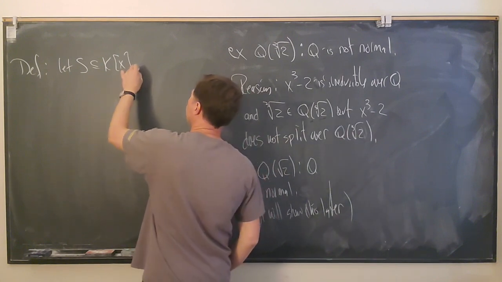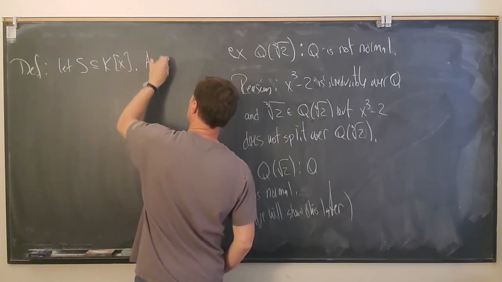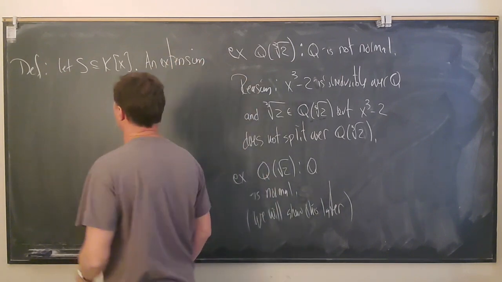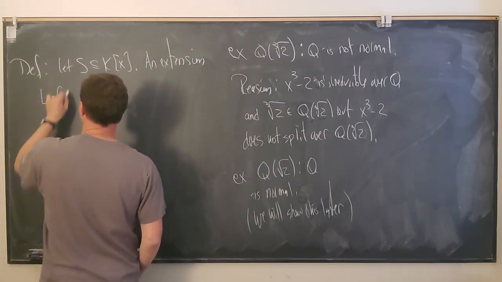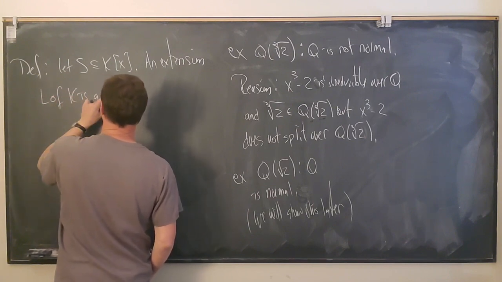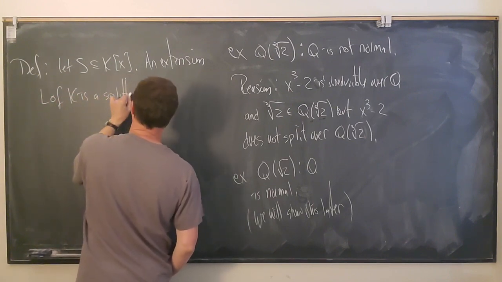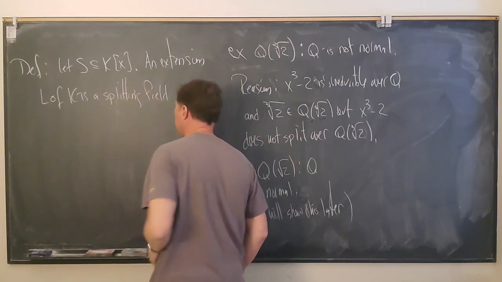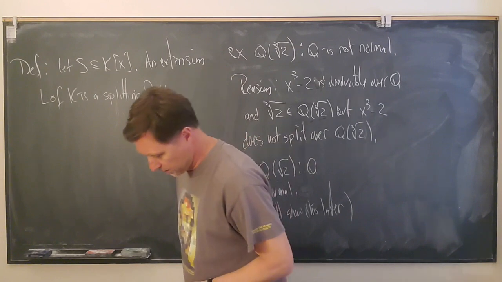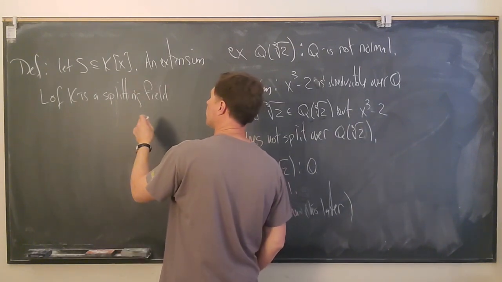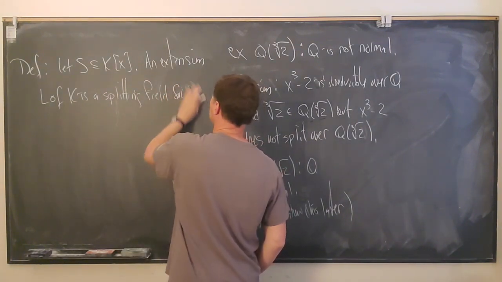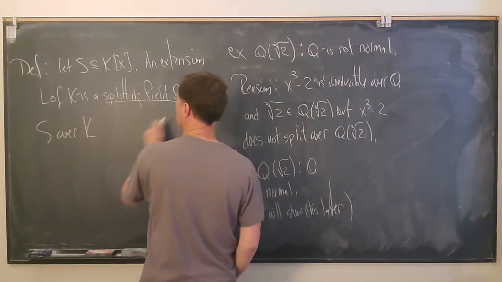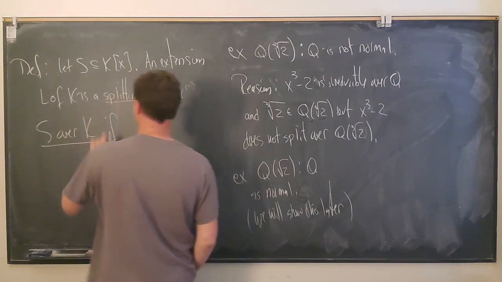So an extension L of K is a splitting field for S over K if